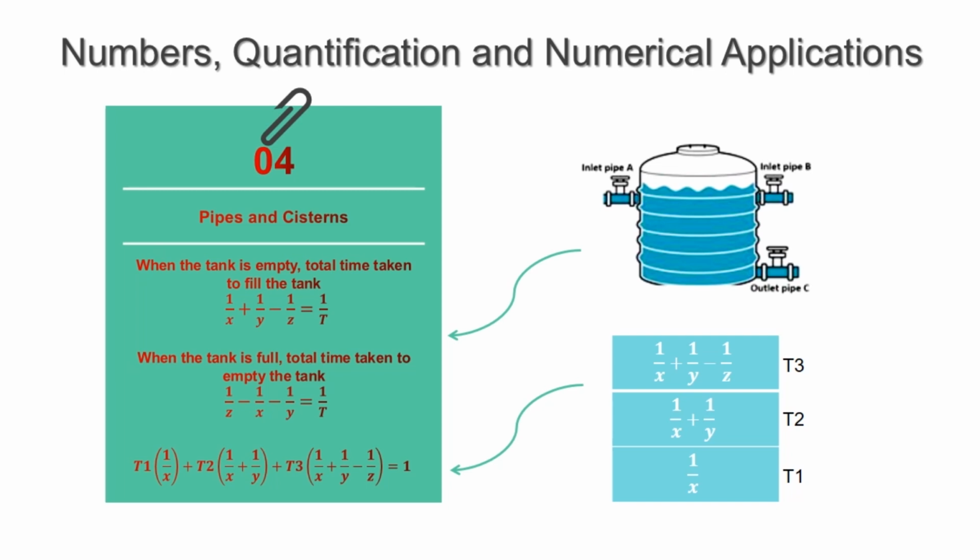And mostly the questions will come for making an equation for the fraction, the portion of the tank completed. Let's see in the slide. T1 is the time taken to fill by pipe A, T2 the time for pipes A and B, T3 the time for pipes A, B and C. If the question comes like that, you have to write an equation: T1 time only pipe A is open, T2 time pipes A and B are open, and T3 time all 3 pipes are open. This will make the whole portion of the tank. It will complete the complete tank.